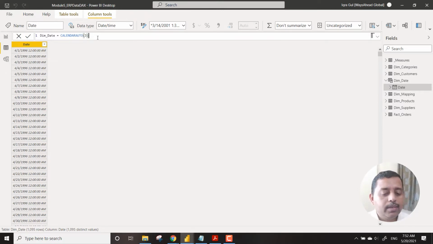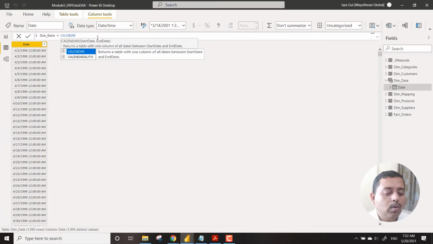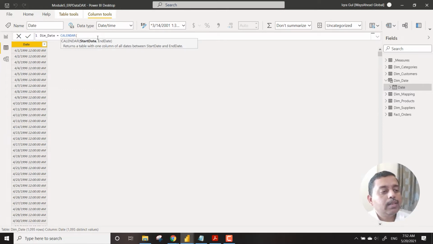So this is the part of calendar auto. Now, say I want to create my own calendar. The calendar function is also available. The calendar function takes 2 parameters, start date and end date. For the start date, I want to take the minimum. I want to create a date calendar based only on the order date column that we have over here.